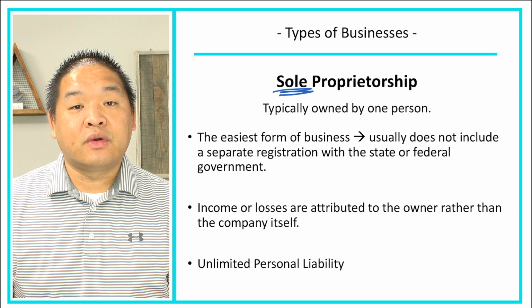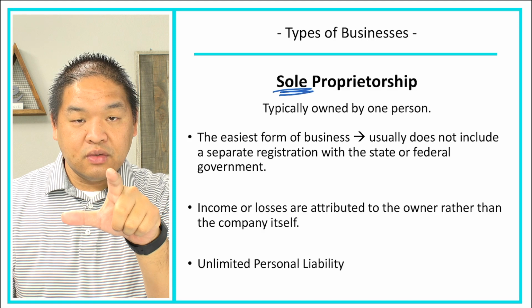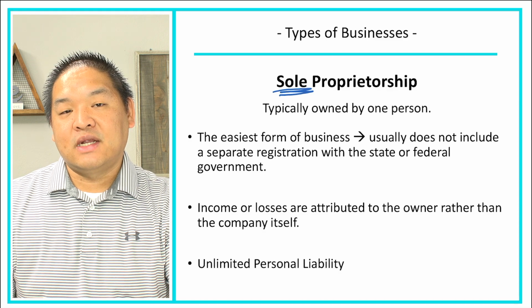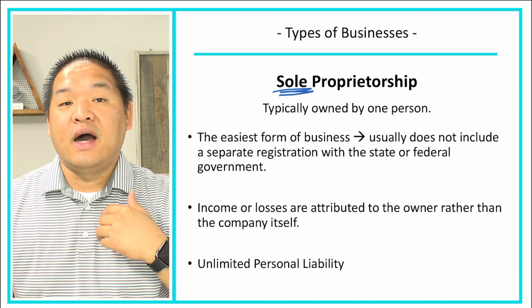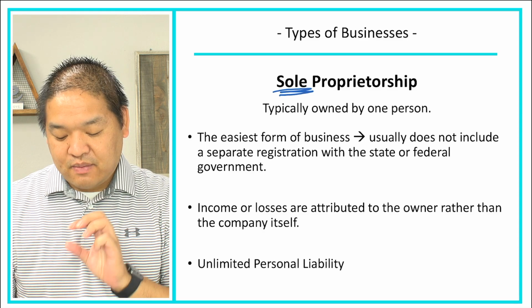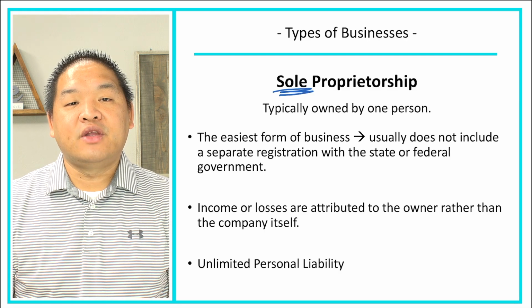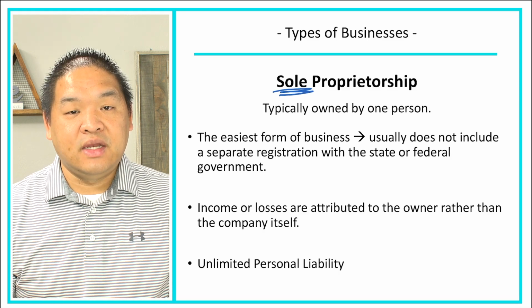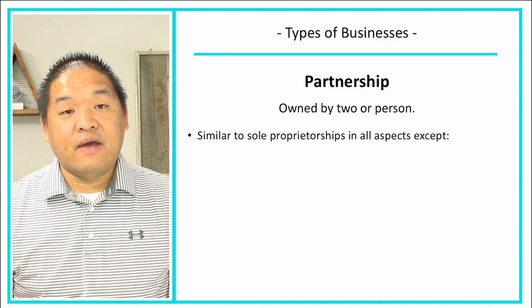So if you started a bakery and you were a sole proprietorship, someone gets hurt by slipping and falling in your store, they not only can sue you, the company, but you personally. So if the company has no assets, that person can technically go after your own assets, which could be your home, your future income, your investment assets, your cash, all of that, because it has unlimited personal liability. So what you're giving up here is unlimited personal liability, but then you're also getting an ease of formation because you can literally be a sole proprietor today without doing any paperwork or registration fees with the state or federal government.